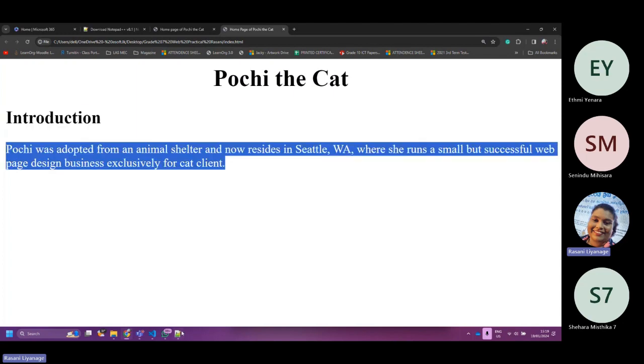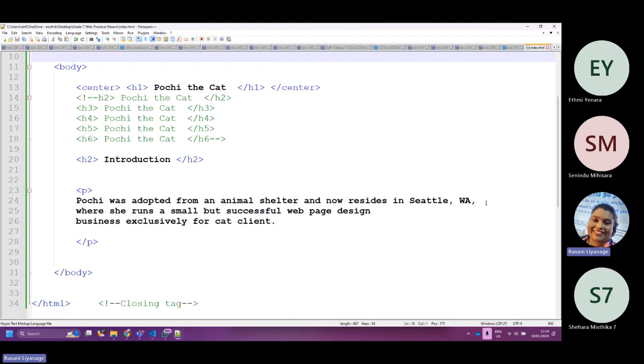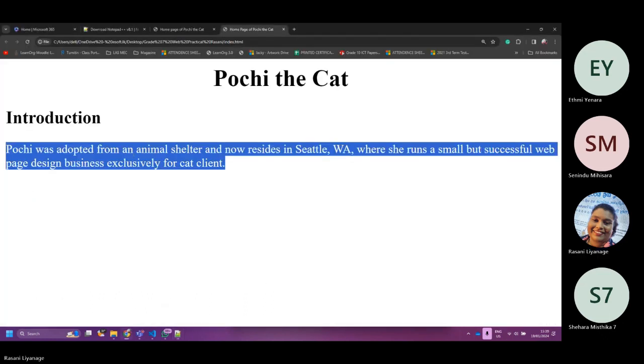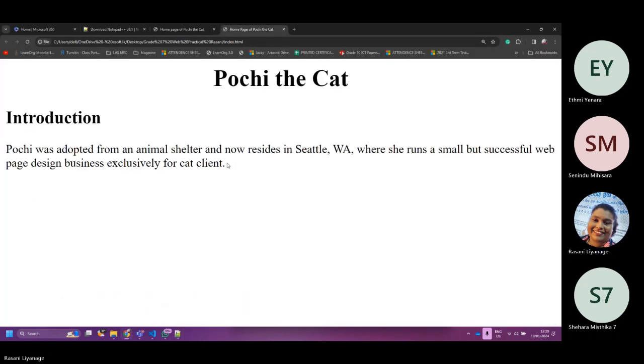On the paragraph, we have just entered at different places, but it was not a problem at all. It doesn't matter where you enter. When it comes here, it worked, right.